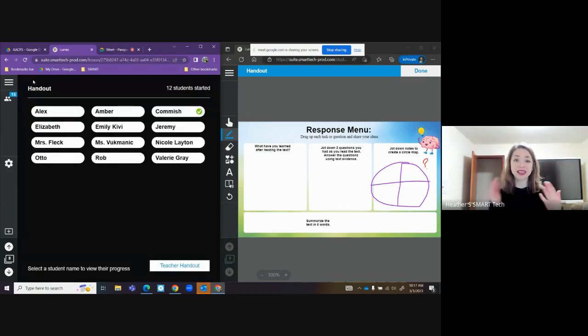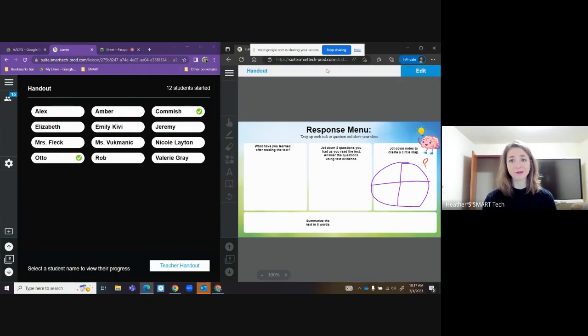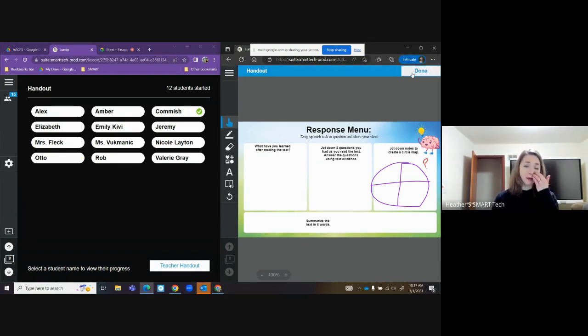Okay, and I see that Komish has found the done button, which is awesome. I might use that done button. I might tell my students, when you're done, when you're ready for me to check your work, click the done button, and my students can do that. But maybe I'm using the done button to say, okay, if you're willing to share your work with the class, click the done button. Or if you have a question today, I want you to click the done button,